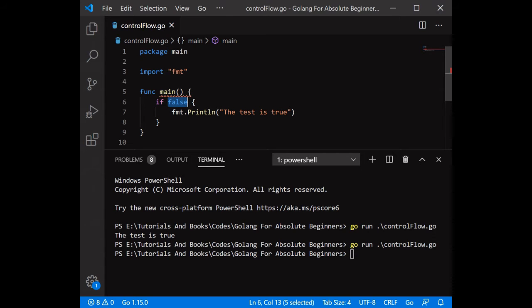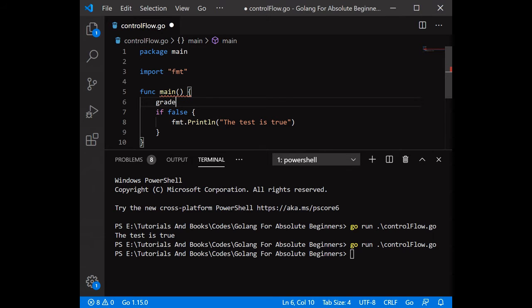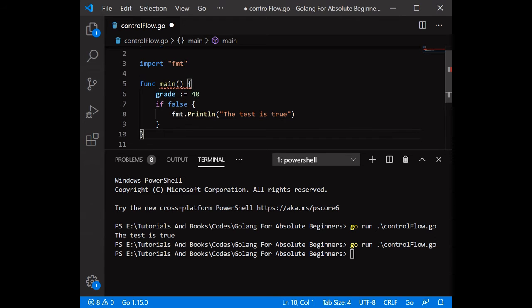We also have another control flow, which is the if else if statement. Suppose we have a grade. We created a variable grade of integer type with value 40, and I am removing this line of code. We write this condition: if grade is less than 30, then print out too low.